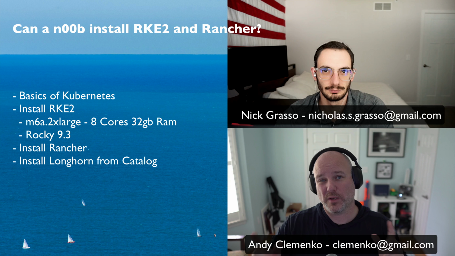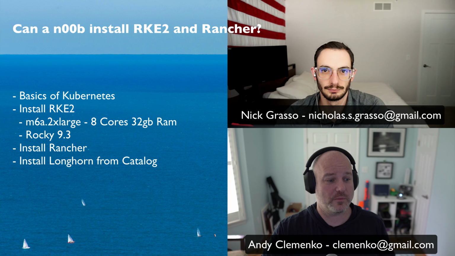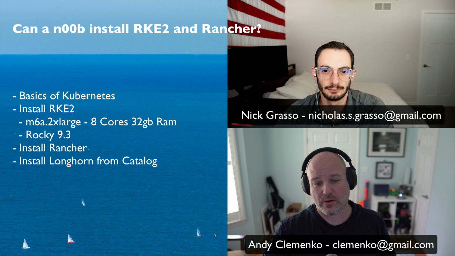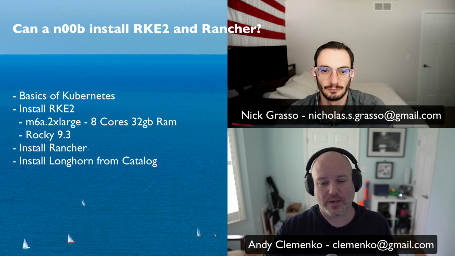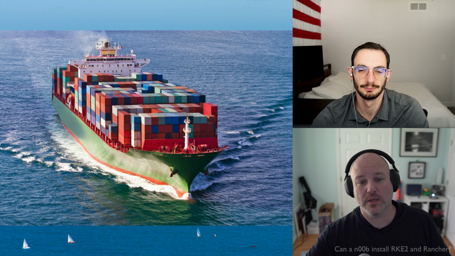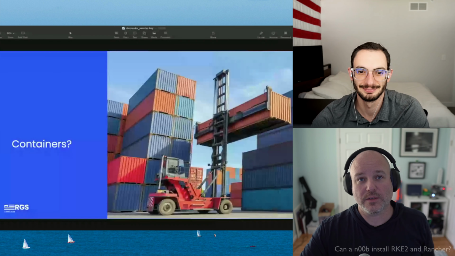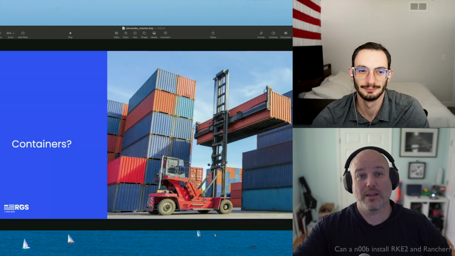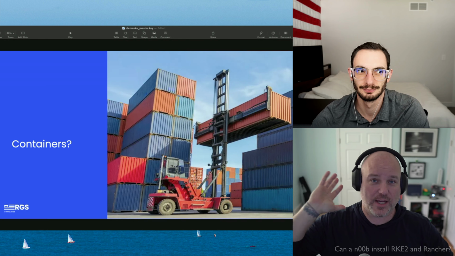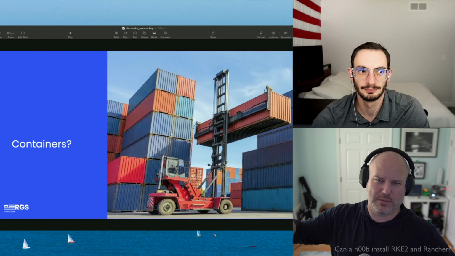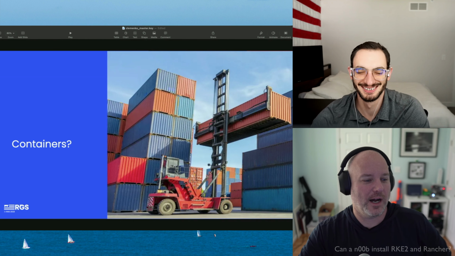But I think it's probably good to start off with what is a container. Because if we're going to start somewhere, let's start from the ground, because why not? Okay, so you're in luck, Nick. I used to work for Docker years ago, and so I've had these slides for a while. By the way, this is just you and I chatting, and who cares about the millions of people listening, right?